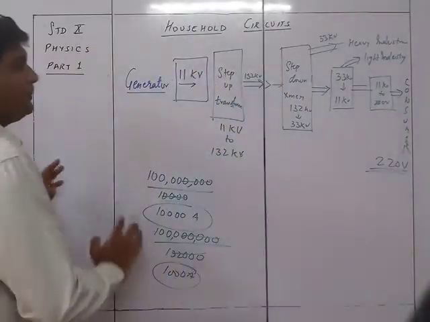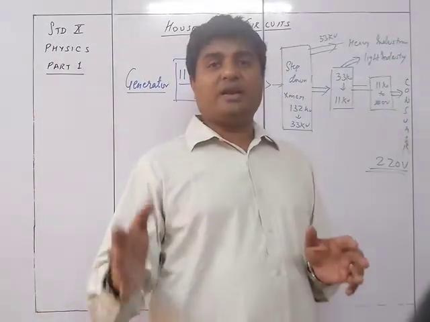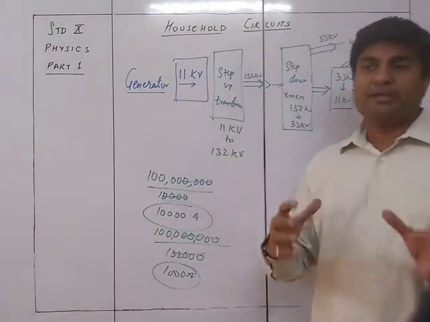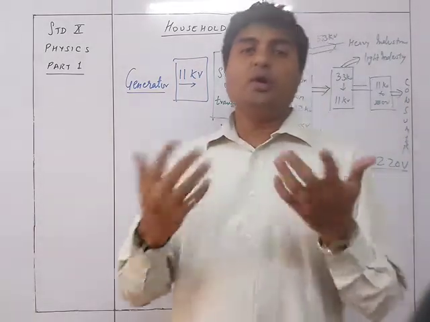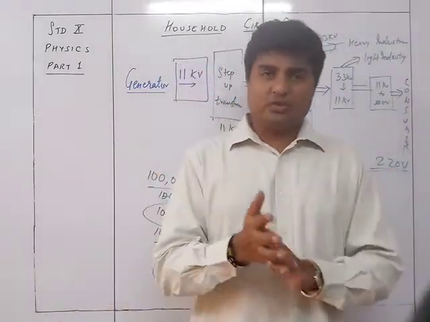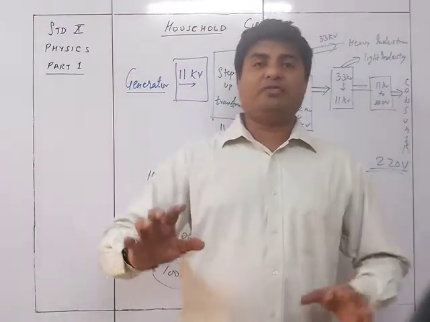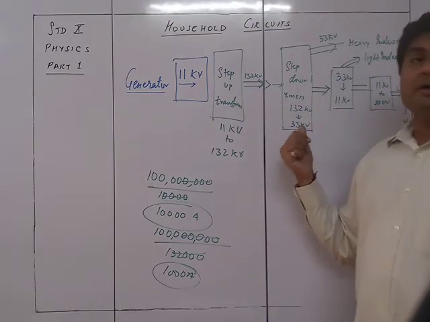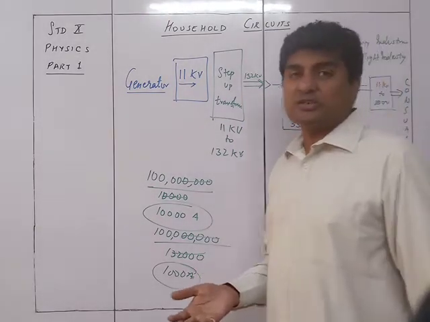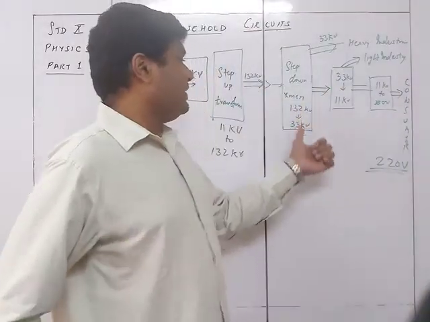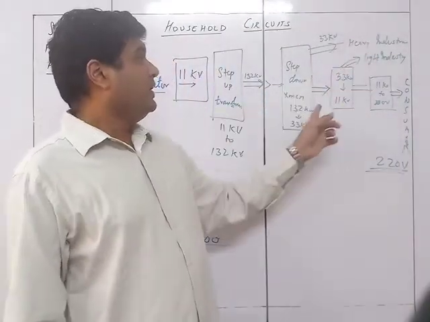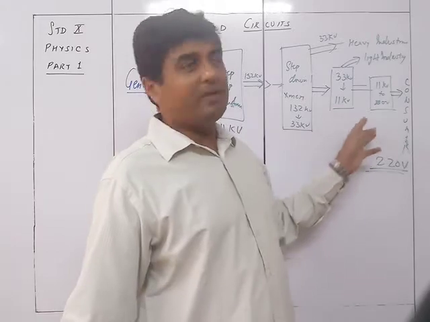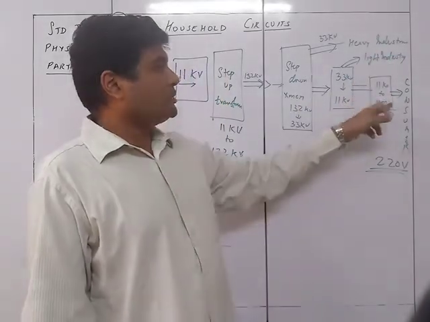So here you see that पहले क्या किया हम लोग ने, 11 kV generated energy को step up करके 132 kV कर दिया. That is the maximum that can be taken care of, because beyond that it will be very difficult to adjust the potential. So maximum they can, without any kind of difficulty, set up is 132 kV. From that it is given to a substation just outside in the outskirts of the city, that is converting the 132 kV into 33 kV and given to the heavy industry. From there, 33 kV is transformed into 11 kV and given to the light industry at 11 kV, and also to the city area.